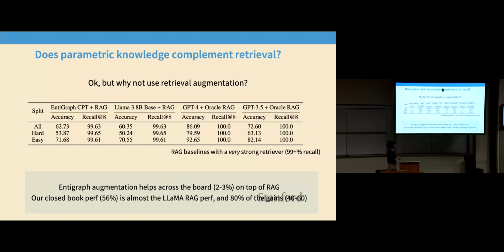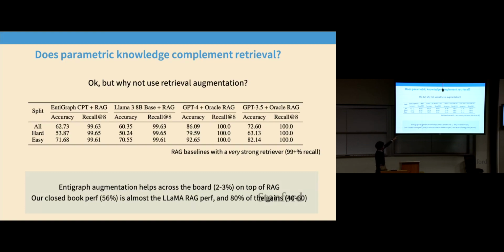So it's very, very accurate in terms of the retrieval accuracy. And even against this strong baseline, if we apply continued pre-training, we still see 2 to 3% gains on this, which I think is actually quite encouraging. It means that, even when the retrieval is near perfect, there's still a lot of room for improvement from just doing some simple domain-specific continued pre-training, right?